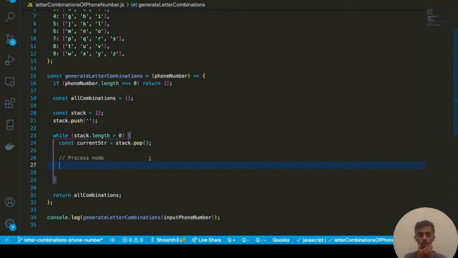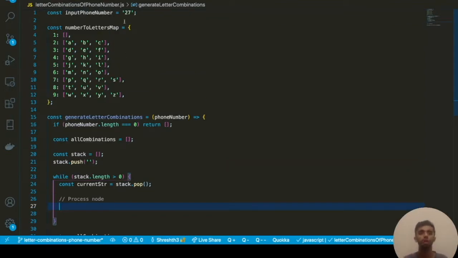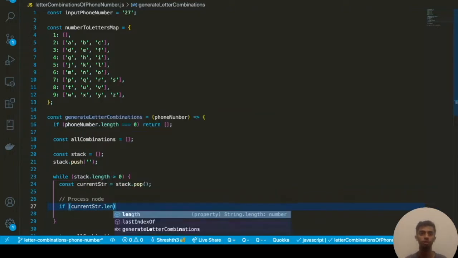So at each node, what do we want to do? Well, the goal of this question is to generate a full letter combination. So when we have A, P, that is a full letter combination. But when all we have so far is A, that is not a full letter combination. So what we want to do is see if the length of the current string is long enough, because it should match the length of the input phone number. If it is, then we know we have everything we need to generate one particular output, one of the combinations. If it's shorter than that, then we need to keep adding characters. So the way we can check this is we'll say if the current string's length is equal to phoneNumber.length,